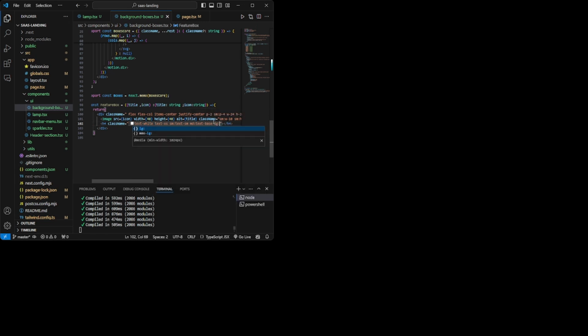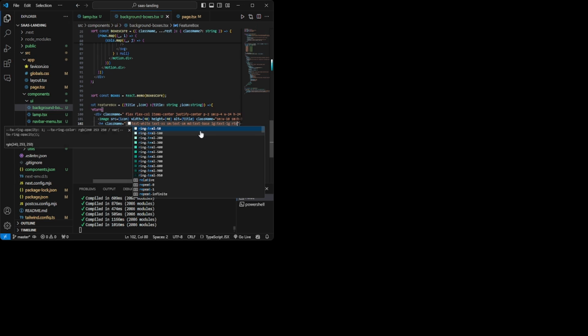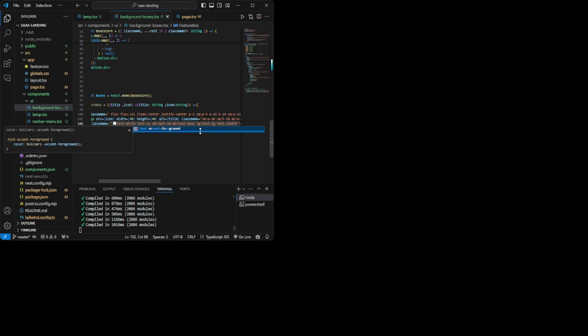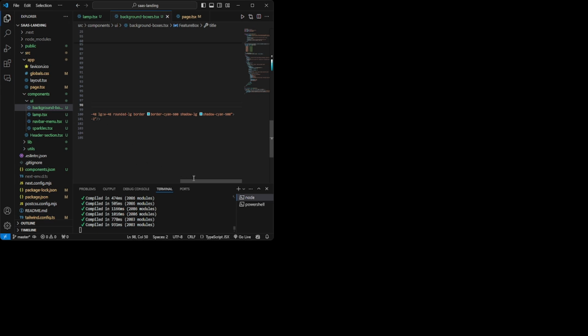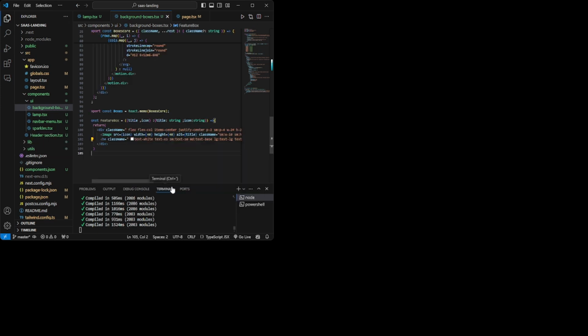Then the large device, the text should be large, and the text should be in the center. Here, I'm going to use a variable that is title. And after this, yeah, this is over.